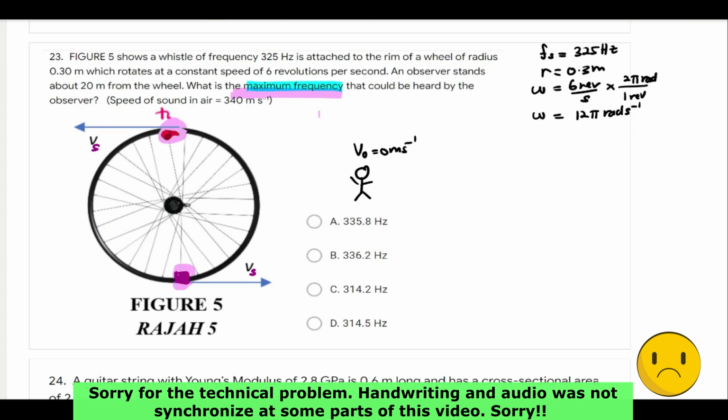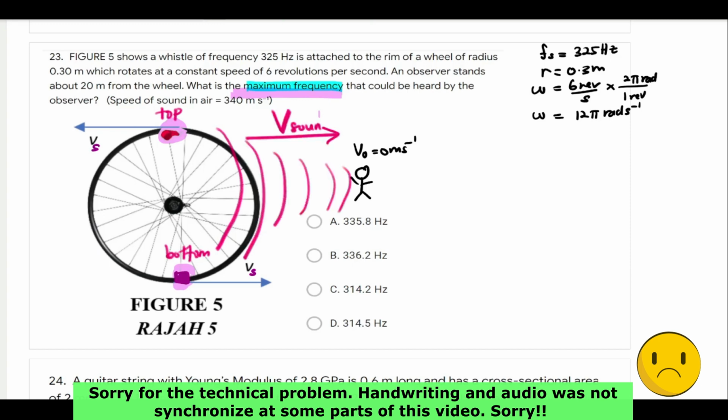Okay, so kalau kita lukis, saya suka lukis wave. So wave of the sound would be in this direction. Okay, so saya akan labelkan dia sebagai V. Okay, kita akan V of the sound, which is 340 meter per second. Okay, and then equation for the apparent frequency ataupun frekuensi yang akan didengar oleh observer tadi, which is Fa, and